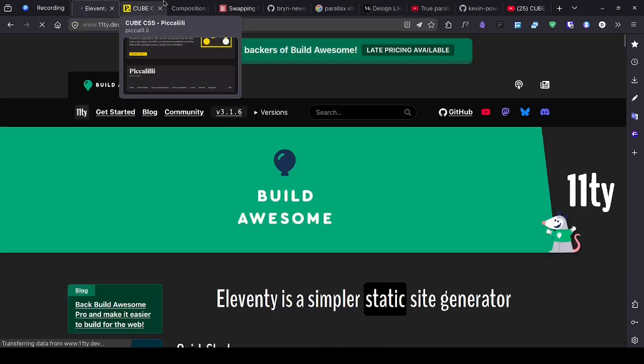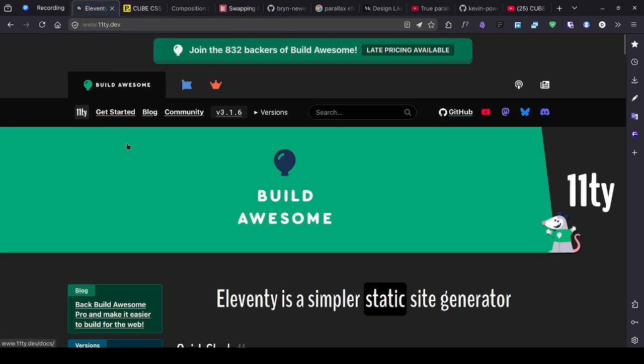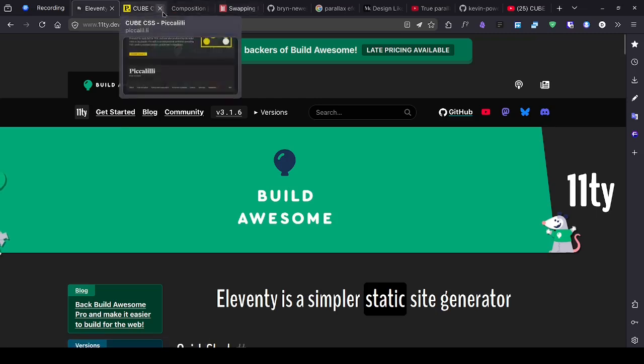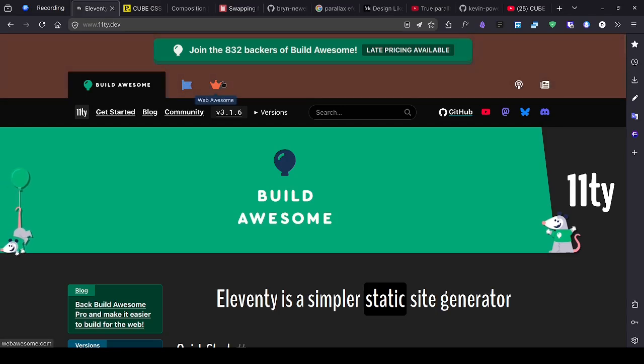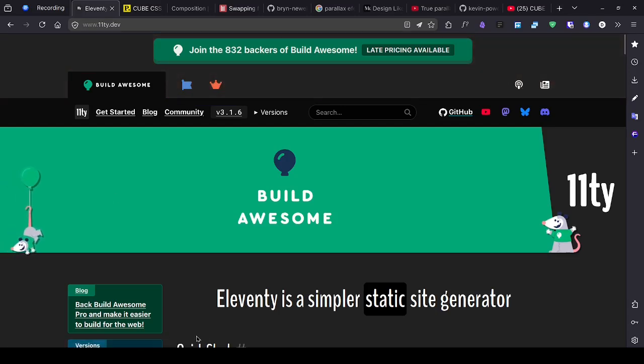We're going to be using 11t for it because I just want to work on HTML, CSS, and JavaScript, but 11t will give me some of the templating I need. I might use open props for some of the styling. I'm not sure yet, but for the time being, let